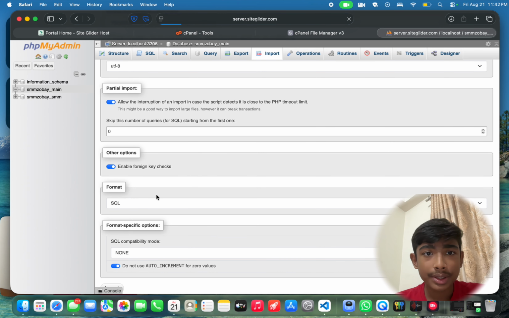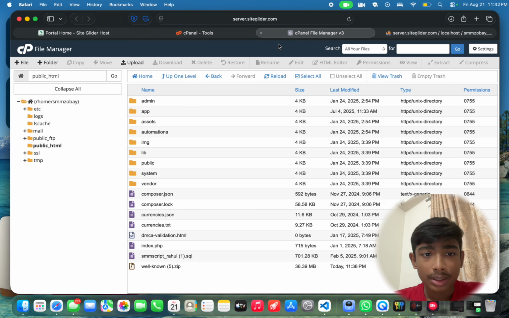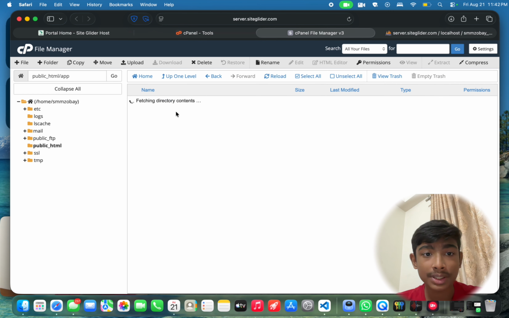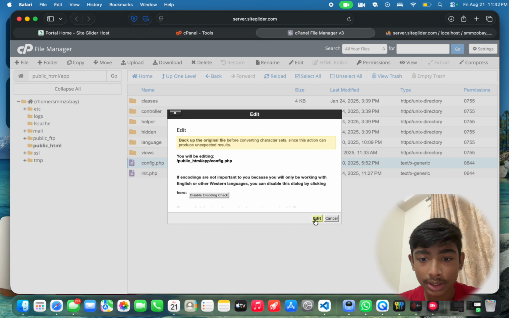Just wait a second. Okay, done. And now we have to change the database name and the site name in the script. Okay, so now we click the app section and edit the config.php, select the config.php file and then press the edit button, edit,